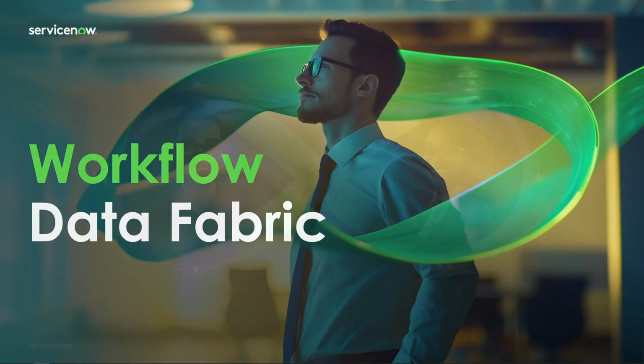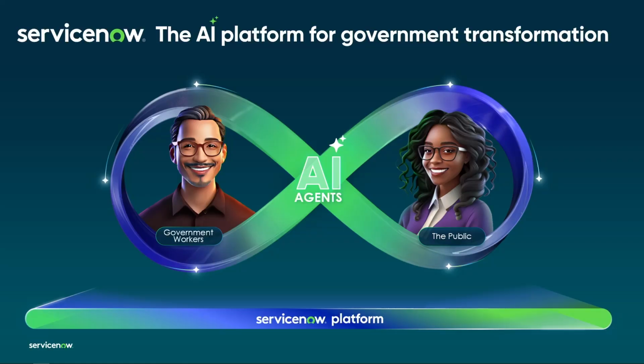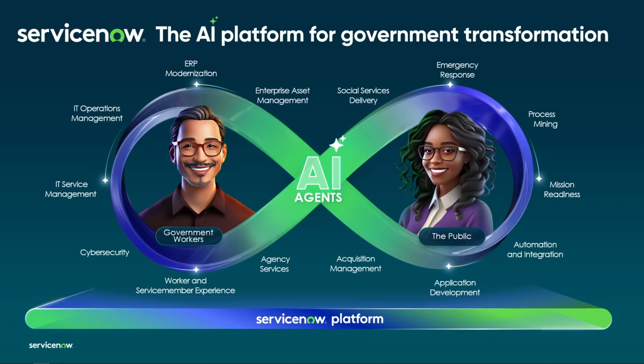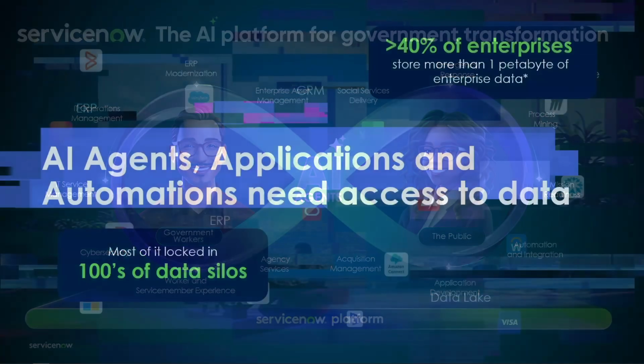All right, Workflow Data Fabric. There are some slides you will have seen before, you saw this morning. ServiceNow is positioning ourselves to be the AI platform for government transformation. We're trying to look at all of the outcomes, and obviously this is just a smattering of them. It's about how we use AI on top of the platform to better serve your employees and to serve your customers, constituents, whatever term you might use, whether internal to the government or external to the government. How can the platform be augmented with AI to make this easier for you to solve for?